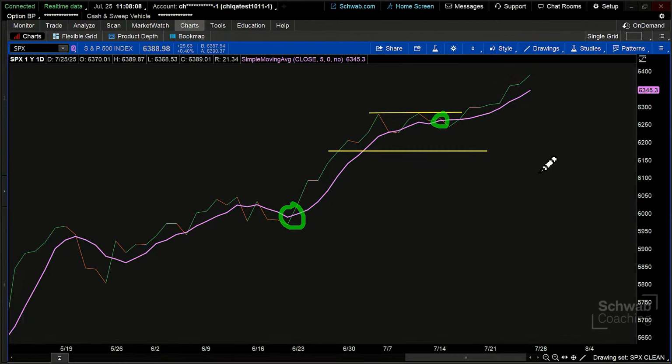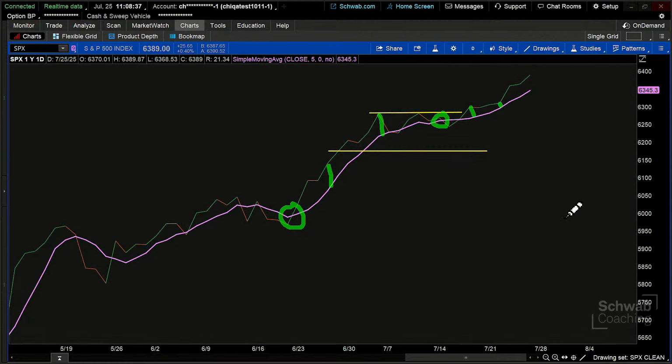Well, then we start to think about this a little bit. We start to think, okay, maybe there's some additional information that we can glean from this relationship. We can say, all right, when there is a greater dispersion between that fast moving average and the slow moving average, meaning when there's a greater range in between those two, you can see that plotted here. And we can see that here on the price versus that fast moving average.